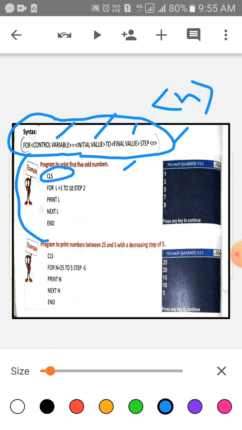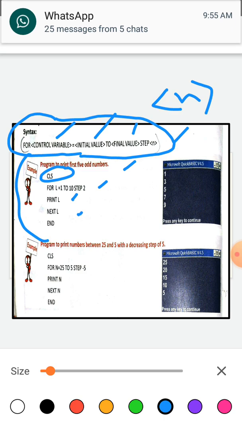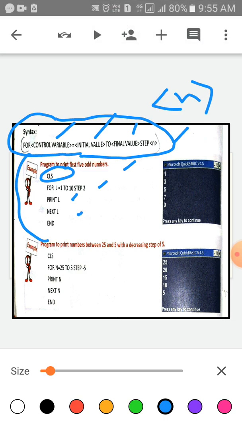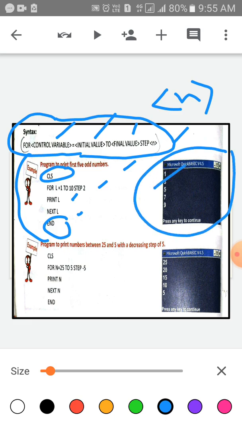First of all write down CLS, then we will run the for loop L is equal to 1 to 10 STEP 2. Okay, then PRINT L, then NEXT L and lastly we have to END it. The output will be on the QBasic screen, this one: 1 3 5 7 9.